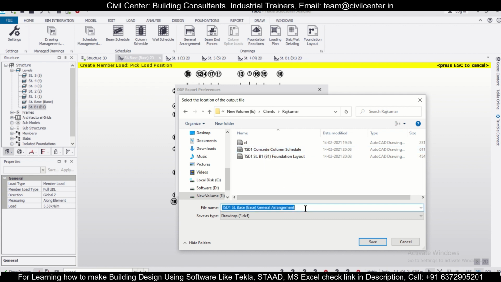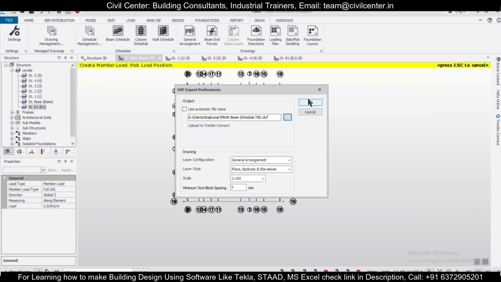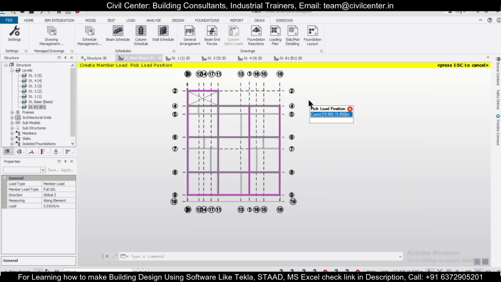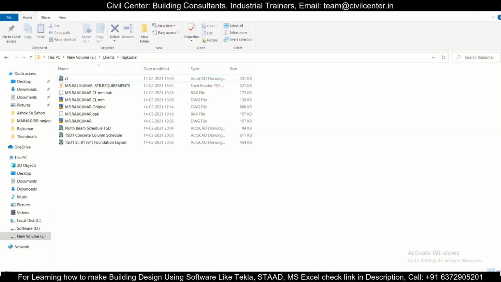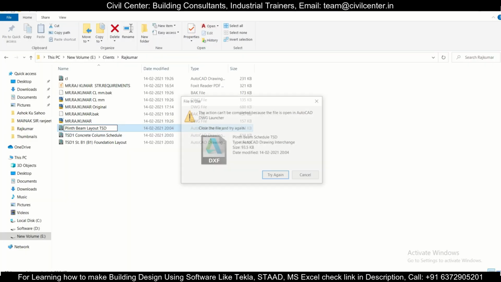I'll give this as plinth beam schedule TSD. Okay, and then okay. So this, sorry, this should have been the plinth beam layout actually. So I'll just rename it here. It should be plinth beam layout, not the schedule, because this is the layout. Okay, and then